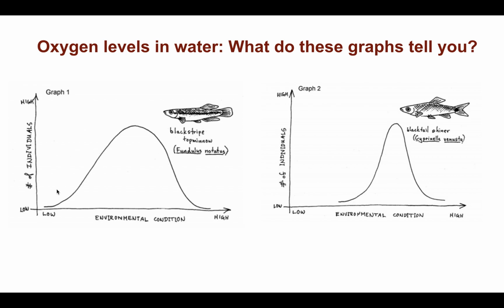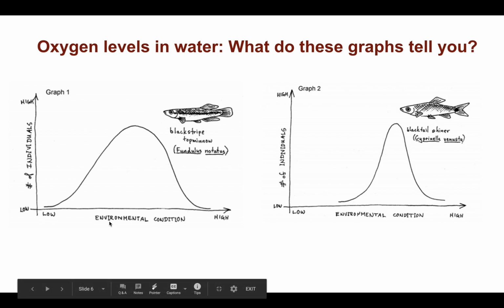And if our oxygen levels sit here, the fish grows really well. This fish over here, the black tail shiner, has a different environmental condition. It prefers a curve that looks like this. So if we say that this is 0 oxygen and this is, I don't know how much oxygen's in water, let's say, 40% oxygen. Here it might be 20% oxygen is the perfect amount of oxygen for this fish,